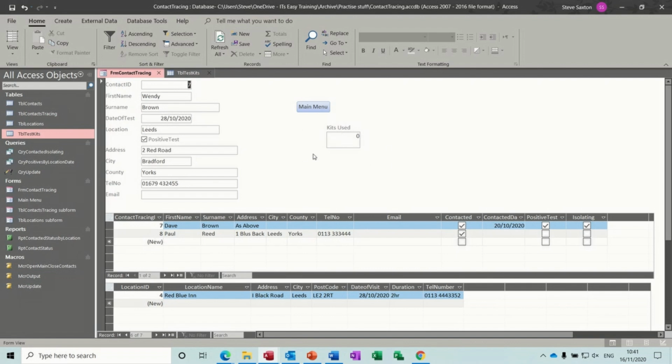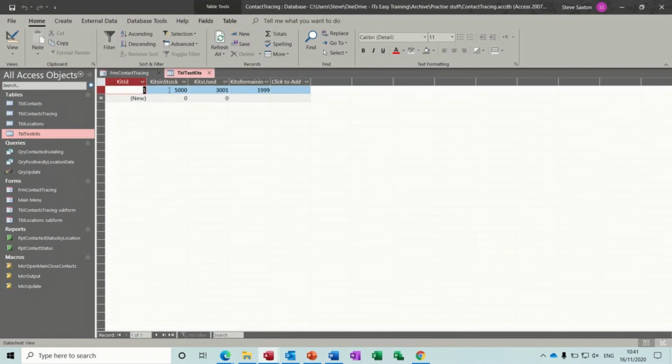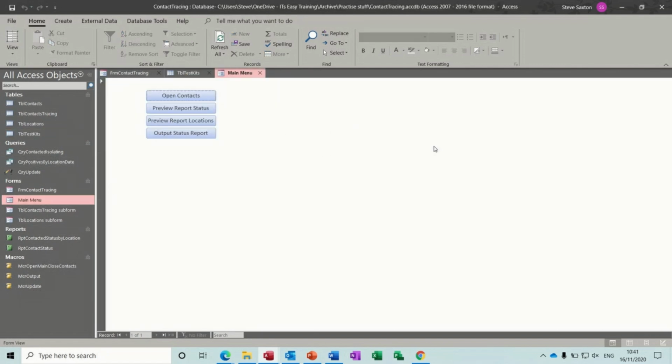But basically that's all I want to talk about in this little session, and that's the end of this contact tracing database series. So that is creating an update query that's updating input from this form to populate this table and telling you got your kits remaining. So this then would have to be a report giving you some information, or you maybe put it onto the front screen so you know how many kits you've got, or a main menu maybe. You maybe just attach it, put it there, embed it there so you've got an actual running total on your main menu, and have main menu opening up every time when you open the database. But that's, like I said, that's all I want to talk about for now,